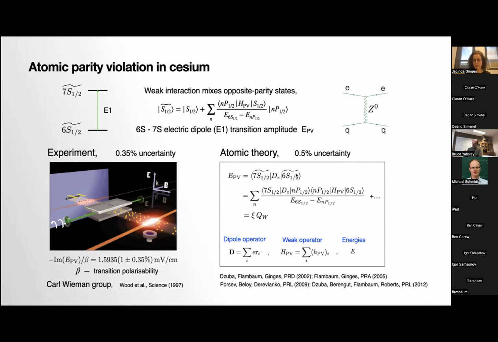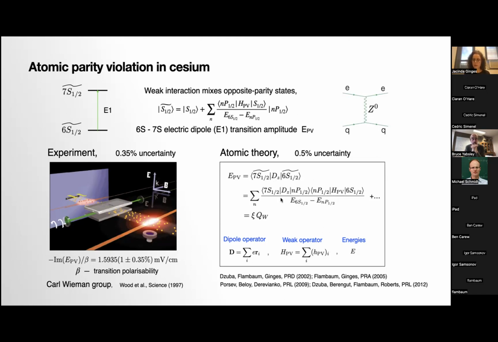So this is the parity violating amplitude. So you've got 6s to 7s perturbed by the weak interaction. So in second order perturbation theory, it looks like this, with a second term with the weak interaction mixing the 7s state. And so this is the parity violating weak interaction, which is localized on the nucleus because it's proportional to the nuclear density. This is the electric dipole matrix element, and this operator pulls out the wave functions at large distances, and then you've got the energy intervals, which are sensitive to the wave functions at intermediate distances.